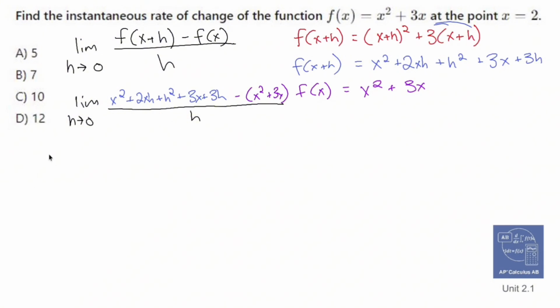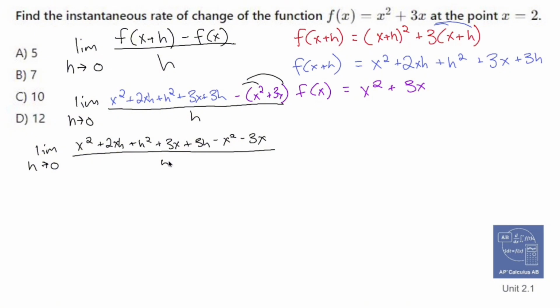That's no good. So what I need to do is hope that some magic happens, and magic will happen. If I distribute the negative, I now get x squared plus 2xh plus h squared plus 3x plus 3h, so nothing's happened. Distribute the negative, minus x squared minus 3x, all over h. Stuff will disappear. Okay, you disappear, and you disappear. And that leaves me with the limit as h approaches 0 of 2xh plus h squared plus 3h all over